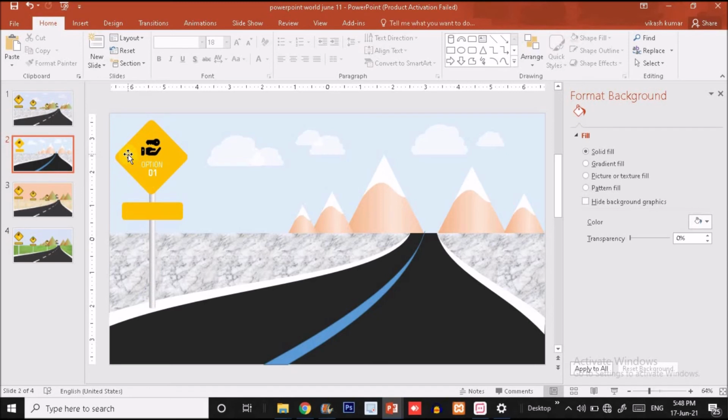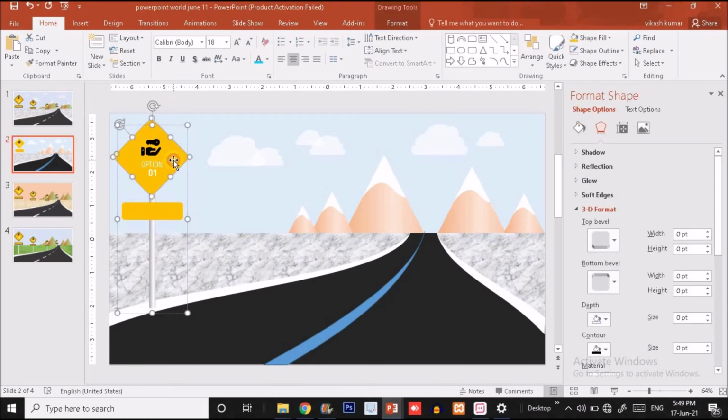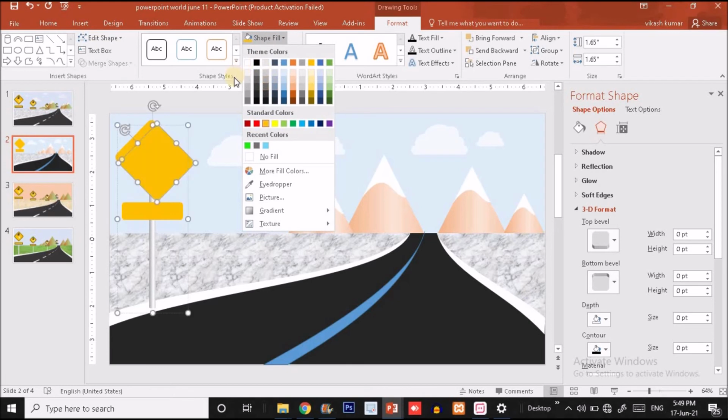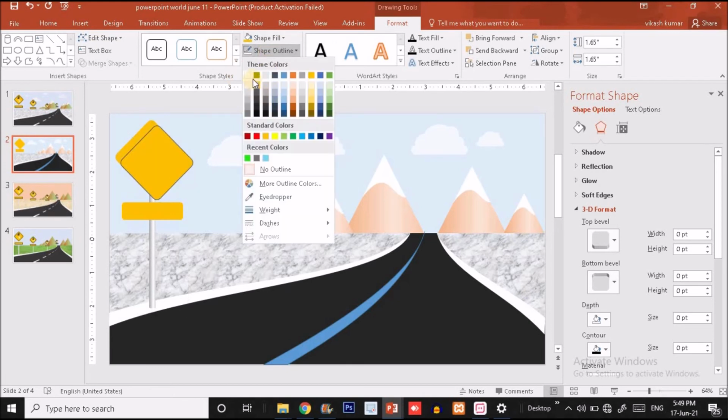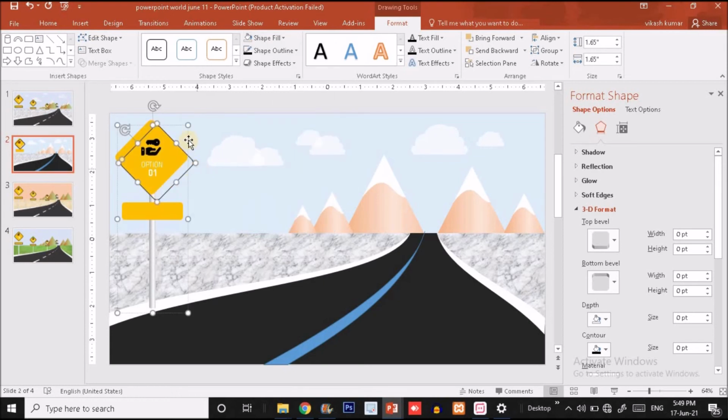So now you have to, okay, there is an outliner also there. For the outline I'm going to duplicate this shape, and I'm going to provide it shape outline, like a black outline, and no fill option, and just press Ctrl and Shift together and drag it inward to make it smaller and put it over here like this. Got it, guys?